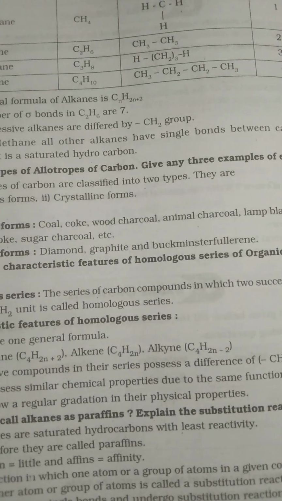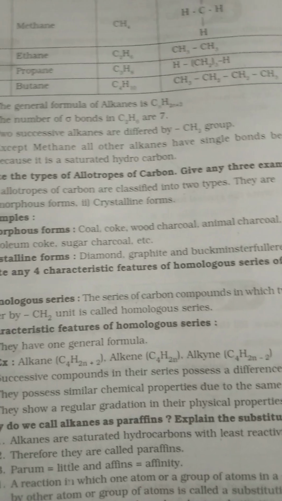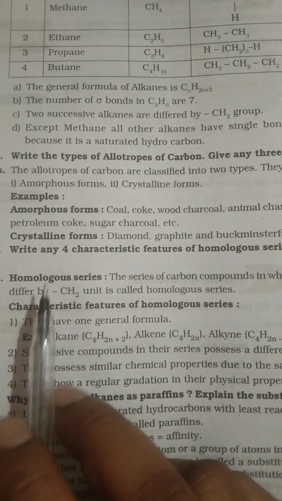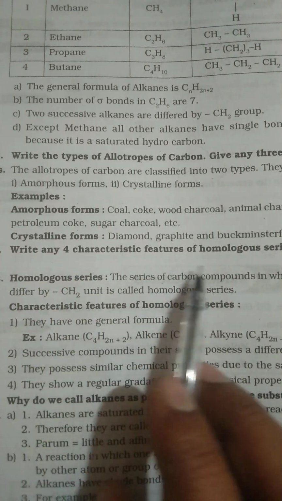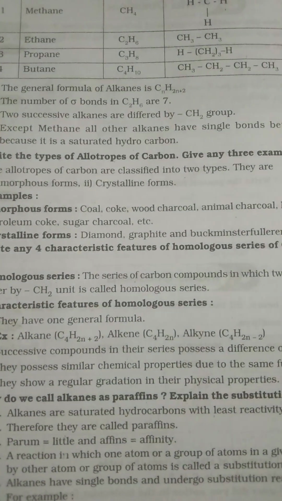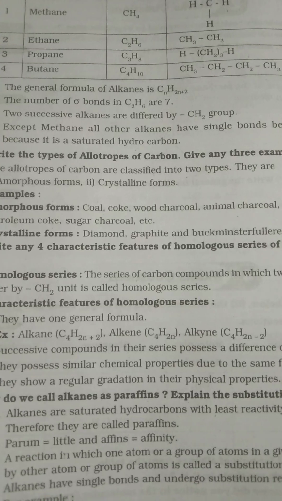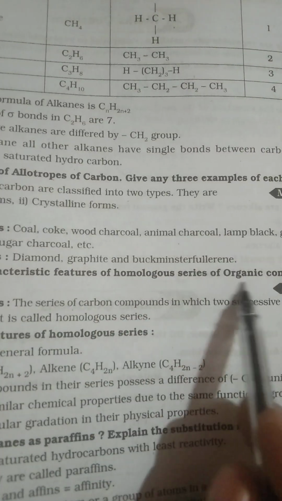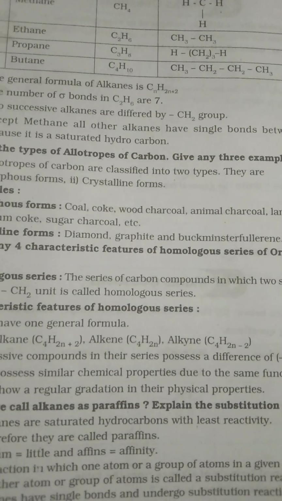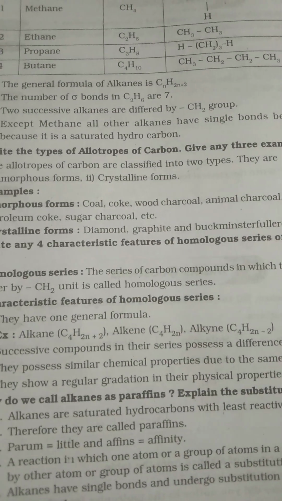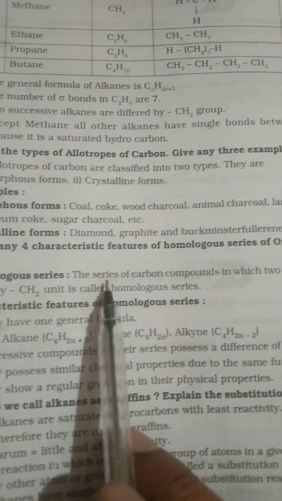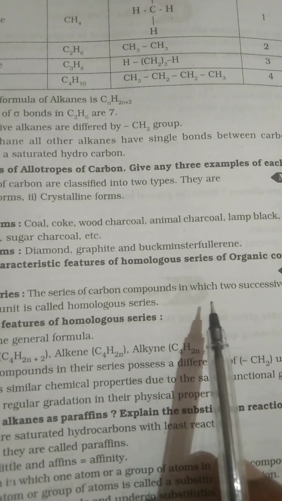So this is our first question: write the types of allotropes of carbon. I hope you understood the question. Now coming to the second one: write any four characteristic features of homologous series of organic compounds. First of all, what do you mean by homologous series? The series of carbon compounds